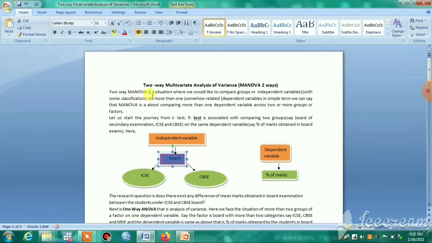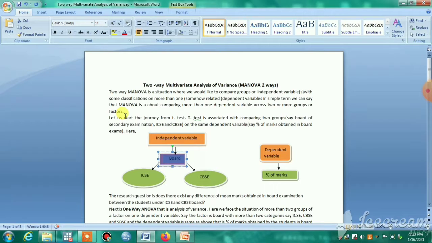Two-way MANOVA is a situation where we would like to compare groups or independent variables or factors, with some classifications or categories, on more than one somehow related dependent variables. In simple terms, we can say that MANOVA is about comparing more than one dependent variable across two or more